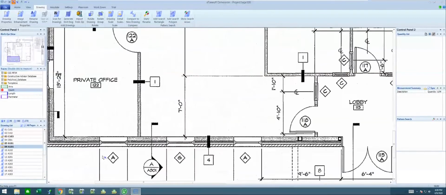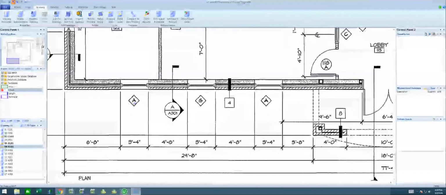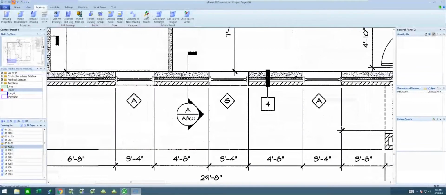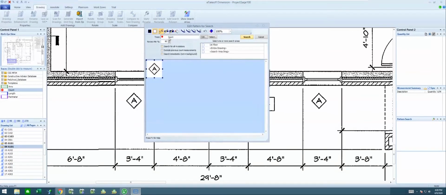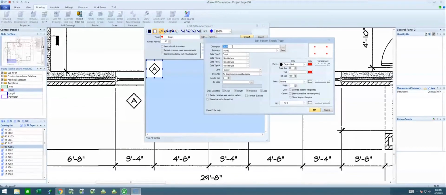So I'm going to go ahead and focus back on the bottom here a little bit for this symbol. So I want to go off and do this start and resume. And this will let me go ahead and draw a picture around what I want it to look for. So in this case here, I'm doing a count. I'm going to change it up a little bit. So I'm going to say that I'm going to start with Windows, type A. And a red dot is fine for now.